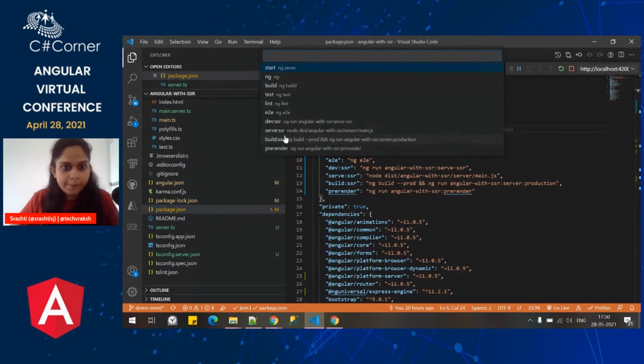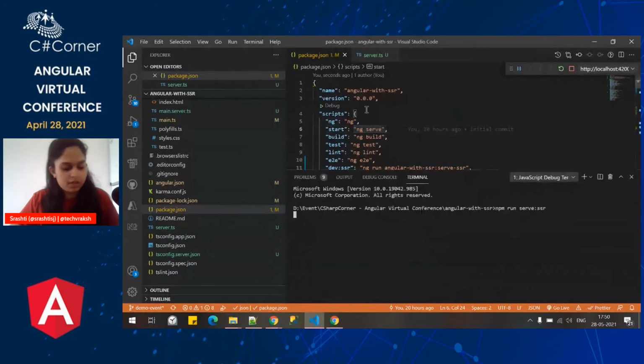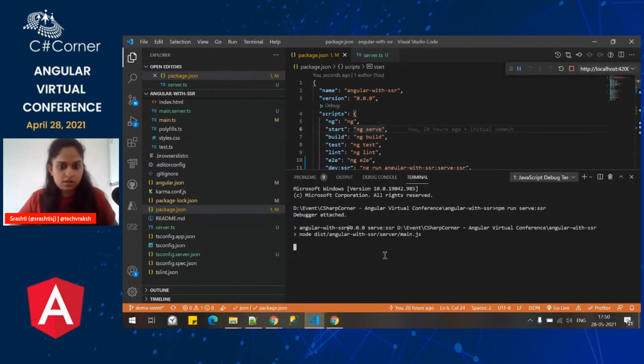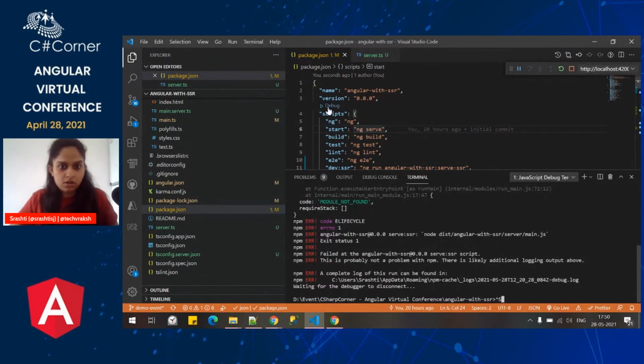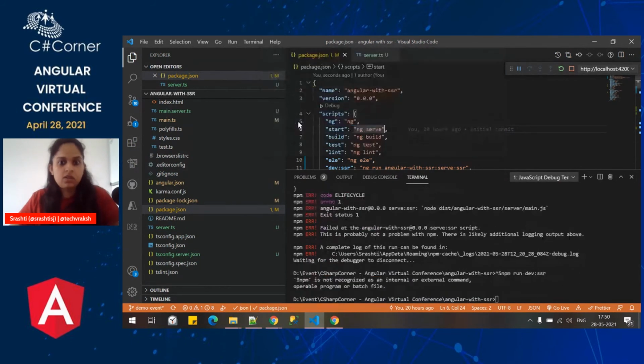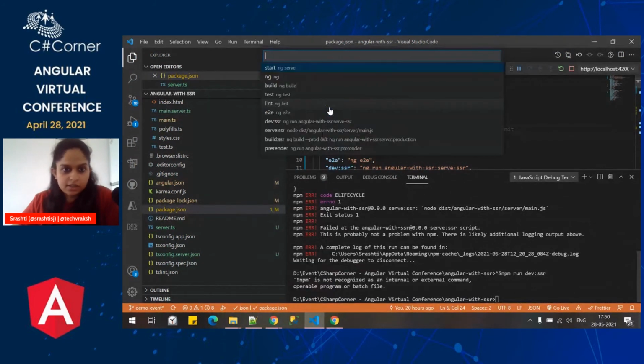and check that serve. Because it is a development server, I think that's making some difference.